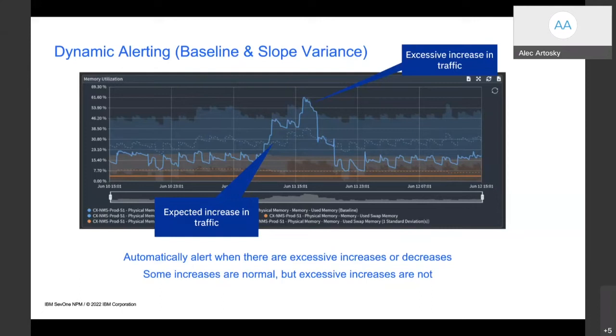So SevOne really is a full arsenal of the way that we can use this baseline for alerting. I can do longer term, several poll points I want to be notified, or you can build alert policies where if I have a very quick change, I want to be notified. So it really does provide not just one type of alerting. SevOne is using this baseline, this dynamic alerting, to really not only give you the ability to be notified if we have a deviation from normal, but also whether or not it's a long-term change or a short-term change. But the value is that we're not just saying, if I go above X, I want to be notified. We're actually looking at your data, analyzing it, and notifying you when we are deviating from normal.